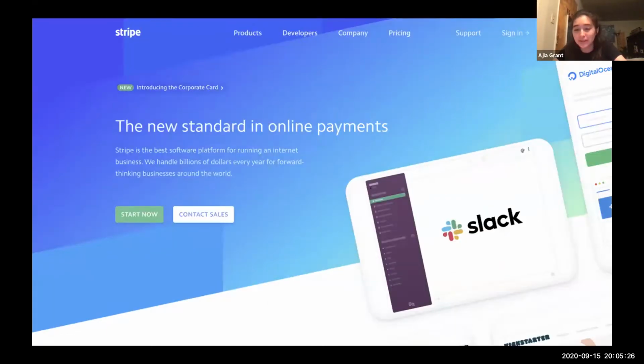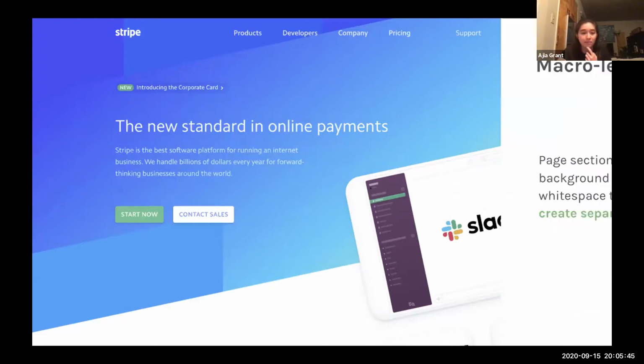So Stripe, unfortunately, doesn't look like this anymore, but it still looks great. They have a wonderful design team and a great website, and we're going to use their original website to show how macro and micro spacing works.